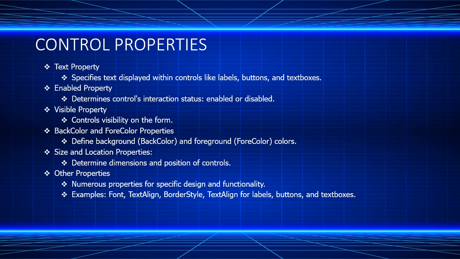Other properties. Many other properties, such as font, text align, and border style, cater to specific functionality requisites. These properties afford developers extensive customization capabilities to tailor controls to the application's needs. By comprehending the significance of control properties and their impact on UI elements, developers can fashion visually captivating and user-friendly